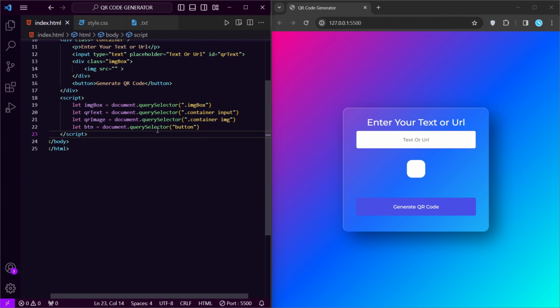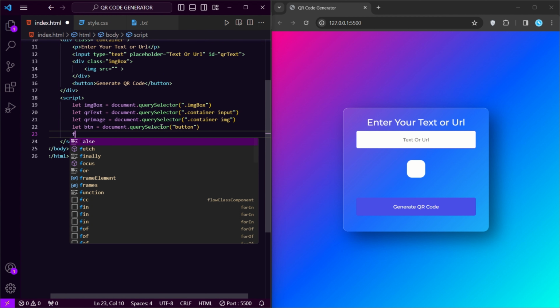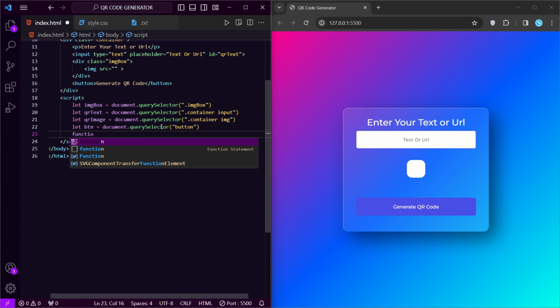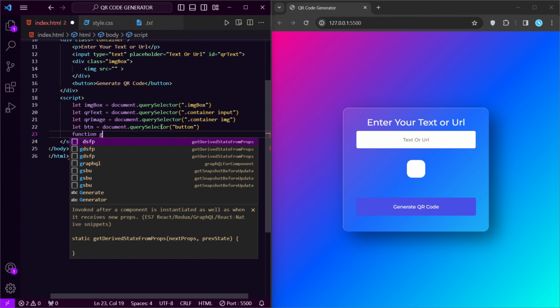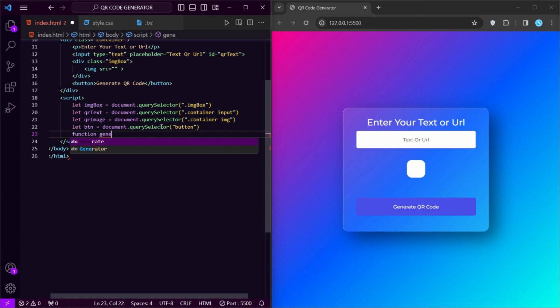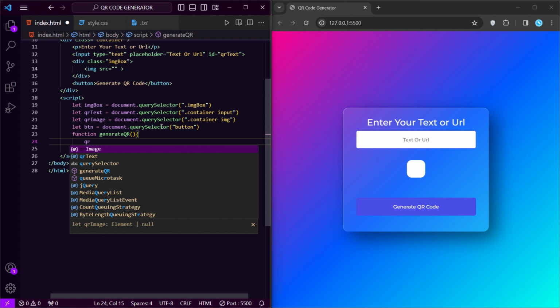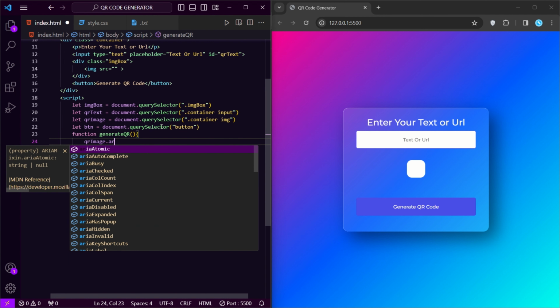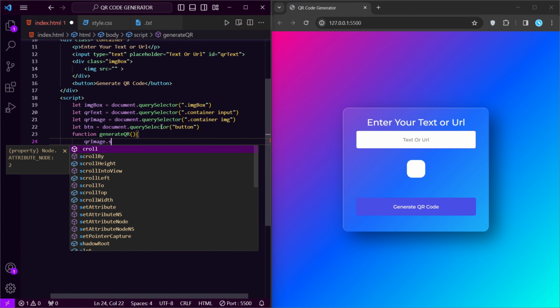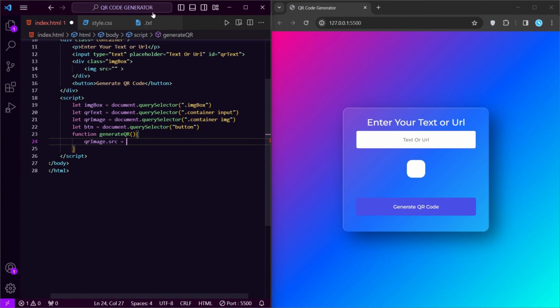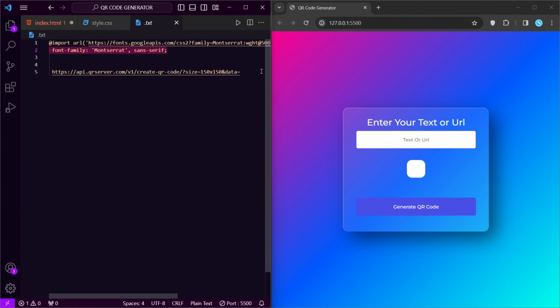Now we have to make a function for generation of the QR code. Function generateQR. In this function we have to give QR image dot src equals to, and we have copied an API link which I will also give in the description.